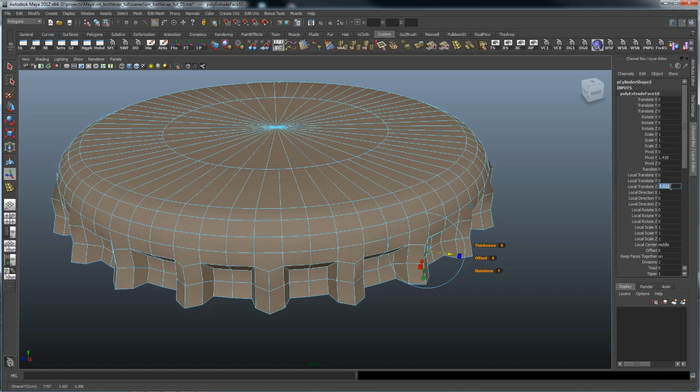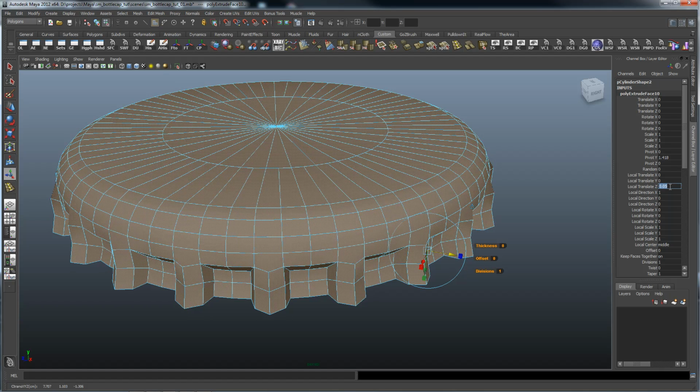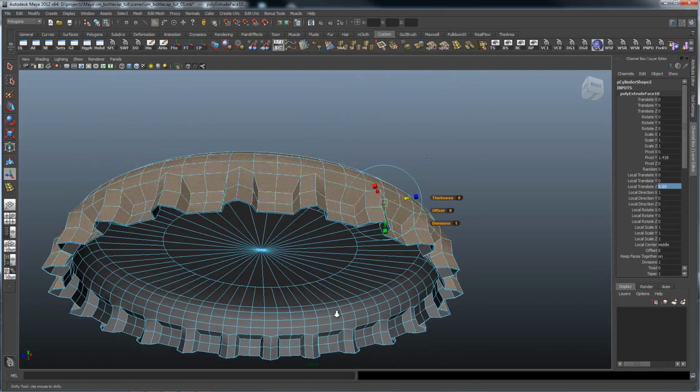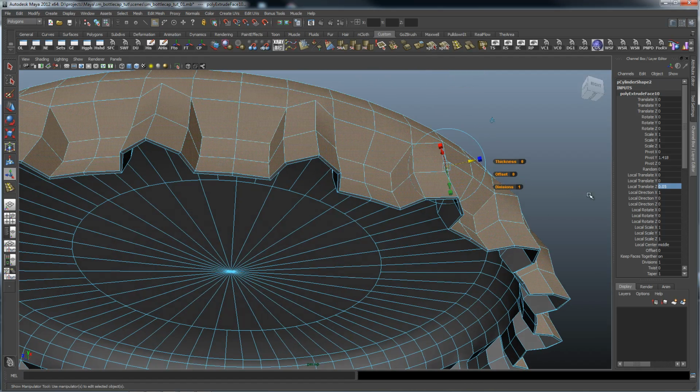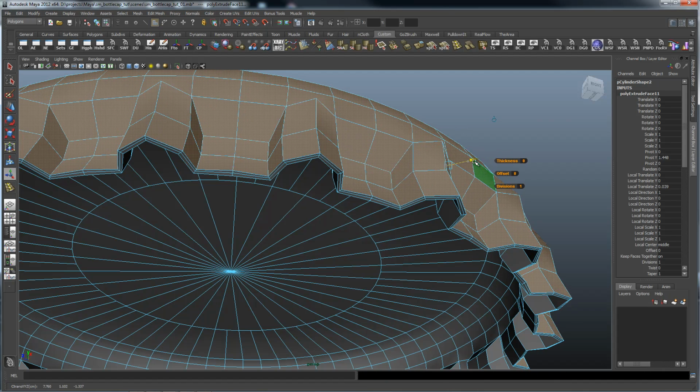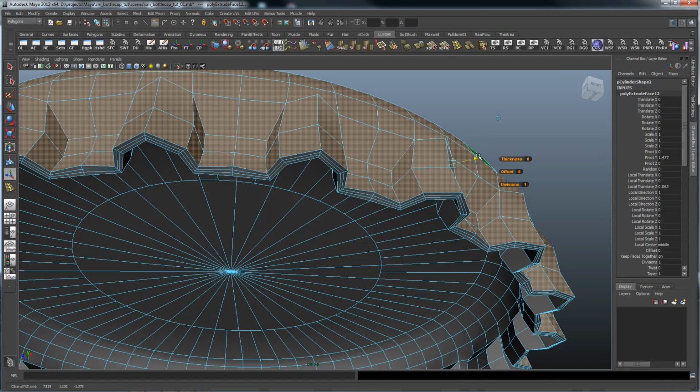Let's pull that out, let's say 5/100 of an inch, and see how that looks. That looks pretty good. So I'm just going to do that two more times. If I press the G key, that repeats the last command, and I'm going to tug this out again. And once again, let's go 0.05, and then I'm going to press the G key one more time, and we'll tug this out one last time,